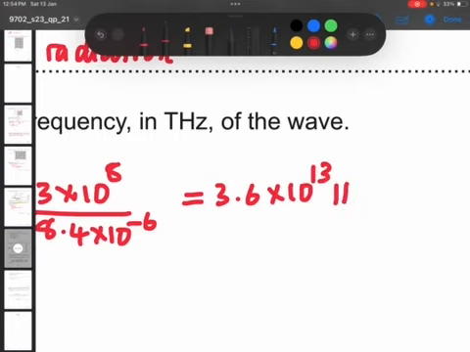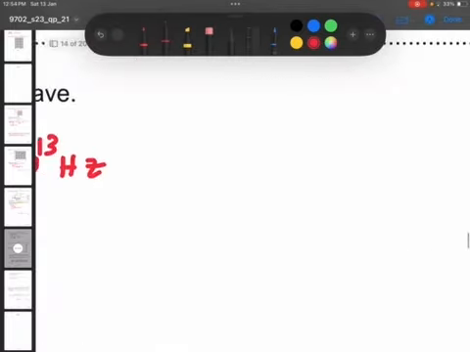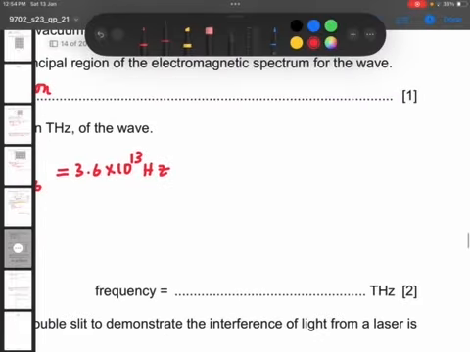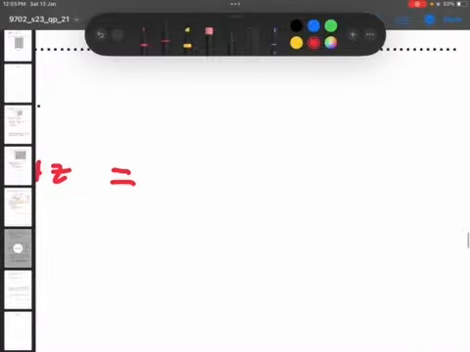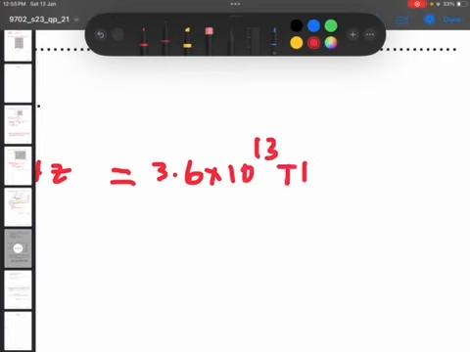But this answer will be in hertz. They want the answer in terahertz. So how do you convert it to terahertz? Remember, the power of 10 of tera is 10 to the power of 12. If we want to add tera, we divide by the power of 10. So it's 3.6 times 10 to the power of 13. The moment we add tera here, we must also divide by the power of 10 of tera, which is 10 to the power of 12,